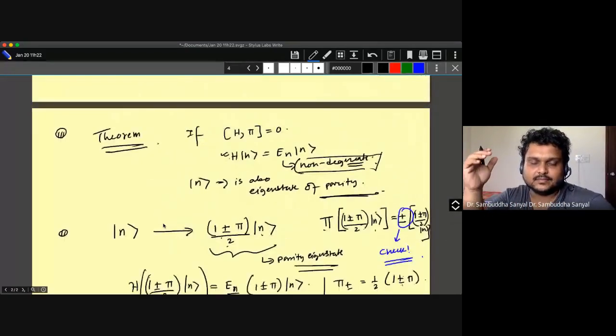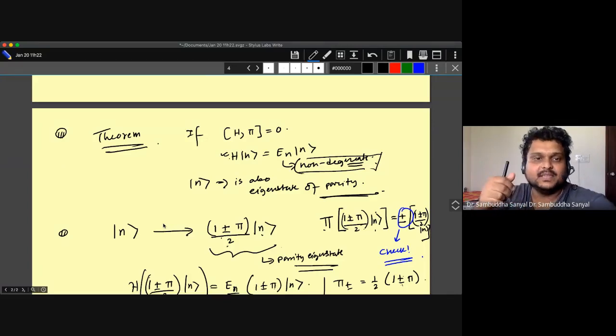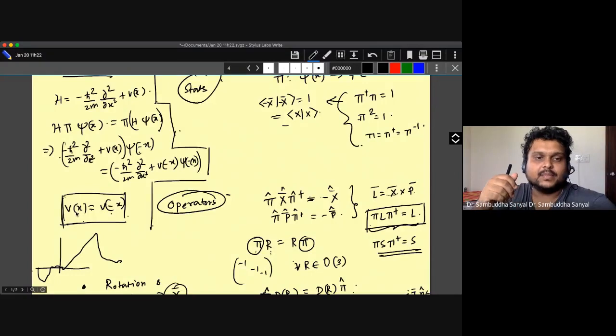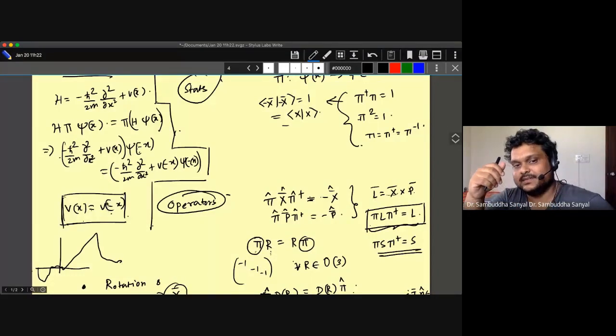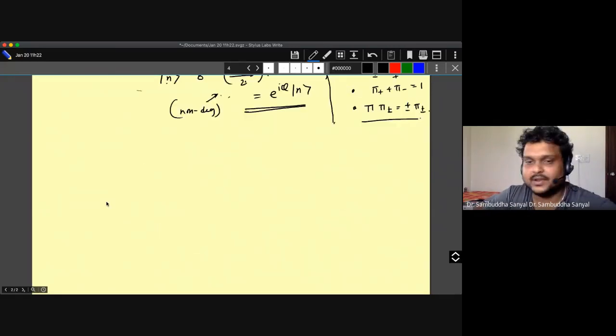So let's step back and see what this statement is actually telling you. This statement is telling you, if the Hamiltonian has the parity symmetry, which we have already established in the simple 1D case means V(x) = V(-x), then the energy eigenstates are parity eigenstates. We have seen this already, because we know in the simple harmonic oscillator the energy eigenstates are either even function or odd function, which means they are either even parity or odd parity, which means they are parity eigenstates. And we have seen both examples, the square well and the simple harmonic oscillator.